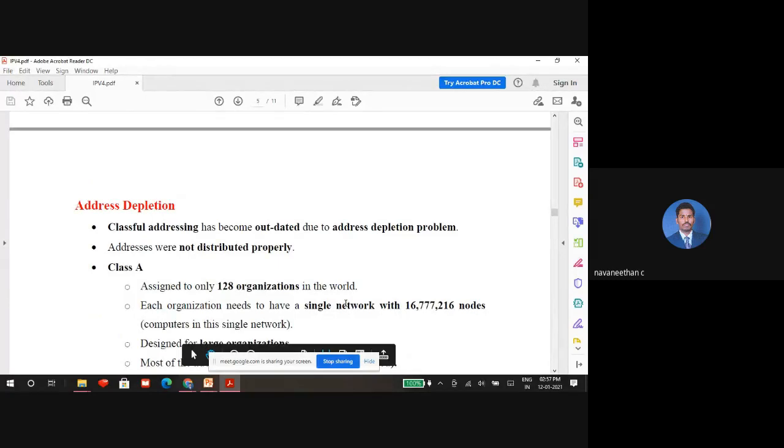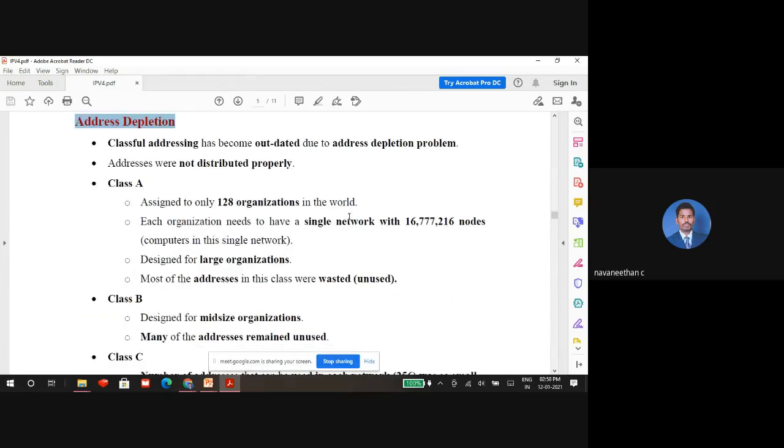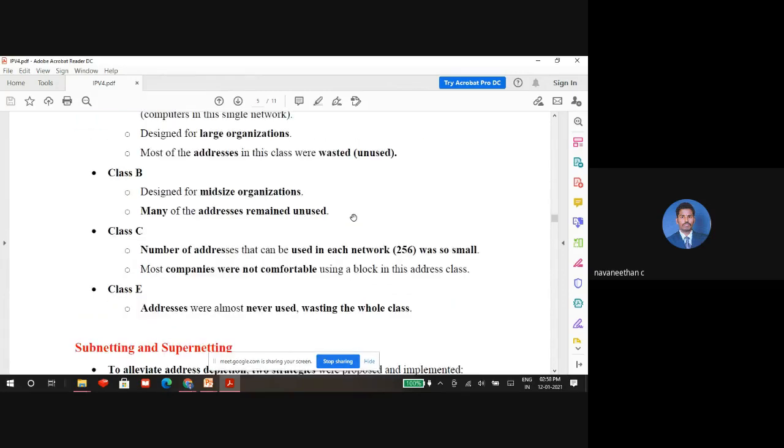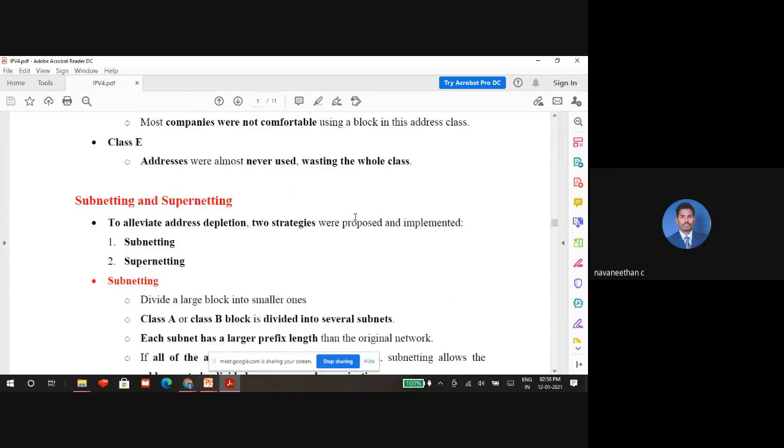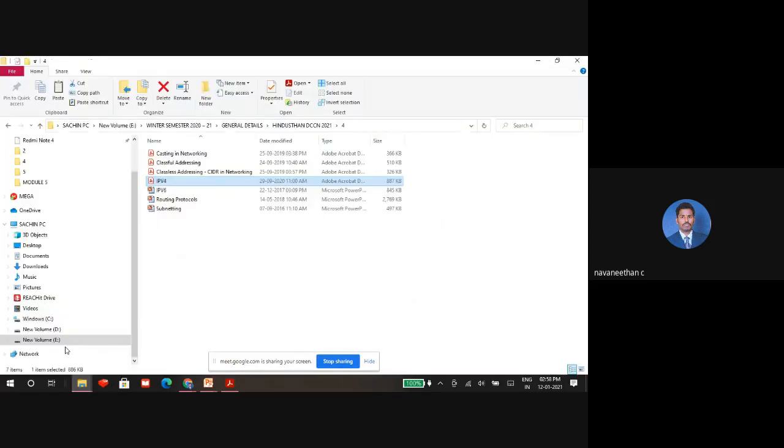Next one is this address depletion problem. I think you have to remember this one. Why is there a need for this address depletion problem? Try to remember that term. I think you have to reproduce the exact term, address depletion problem, with respect to this one. Okay, fine. Next, we are not comfortable with this one. That's why we prefer to address the address depletion problem. I plan to take this subnetting problem, but basically you might have studied the same thing.